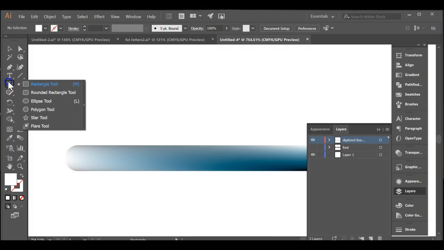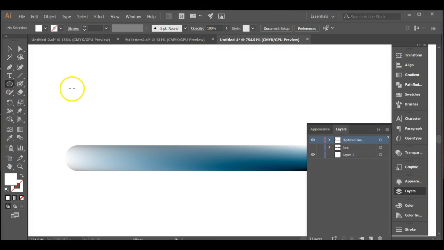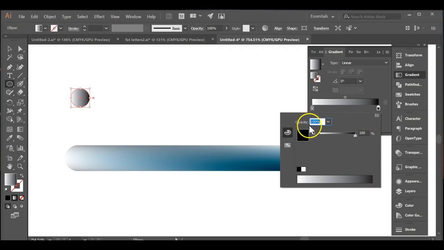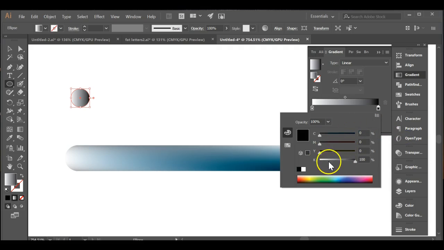I'm going to create an ellipse. And I am going to use my gradient. Okay. I'm going to put a gradient in the ellipse. We do not need any stroke color on here. Okay. And you guys have seen how we can change this. Now, if you see a K here, we want to come up and make sure that we have CMYK. Okay, that's going to change our color space